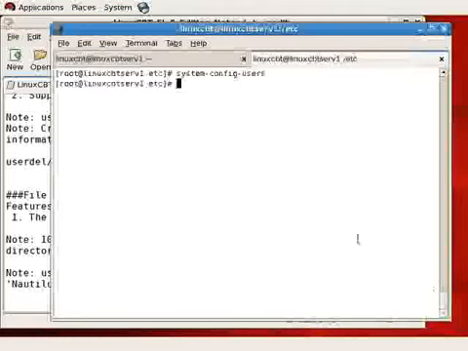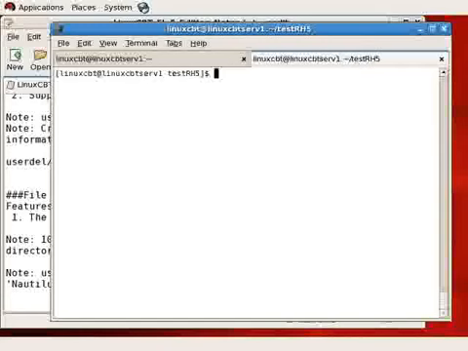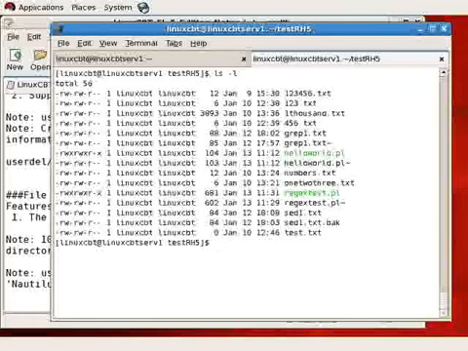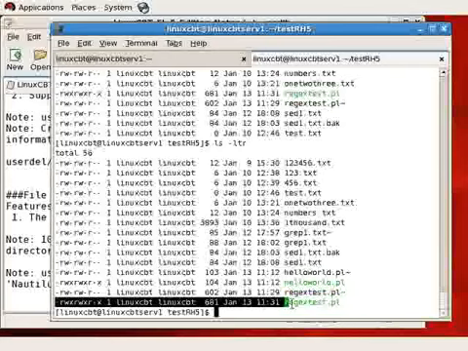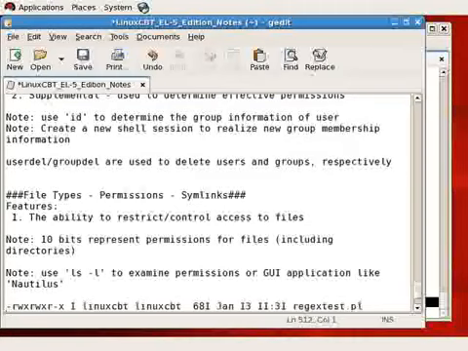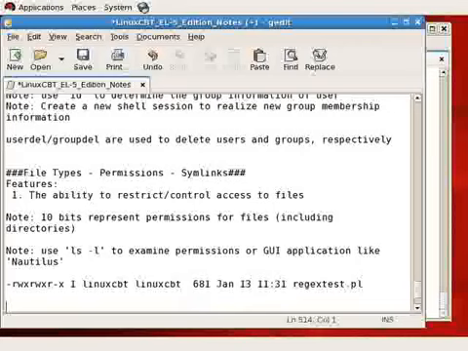And let's take a brief look and extract something from Linux CBT's home directory. We don't need to be root, so let's just drop out of the root shell and execute ls -l. So here is the test rh5 subdirectory. We can work with an item that we recently created, the regex test.pl file. Let's copy this entry and discuss the 10 bits that constitute permissions. The first bit, in this particular case, since it's a file, is a hyphen or is unmarked, indicating that the item is a file. So bit 1, or first bit,